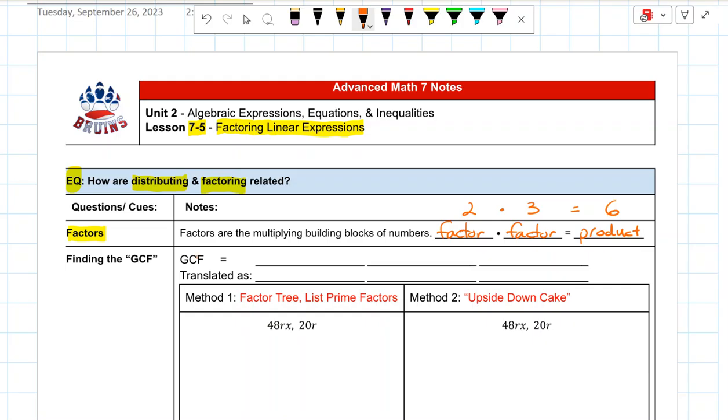Now that sounds familiar to you, I'm sure, and that stands for the greatest common factor. And if we were to translate that, we could say the largest familiar,